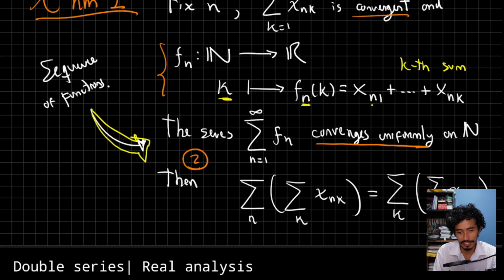You know, this is fixed. So for every value of k we have the definition, and when k goes to infinity we will have